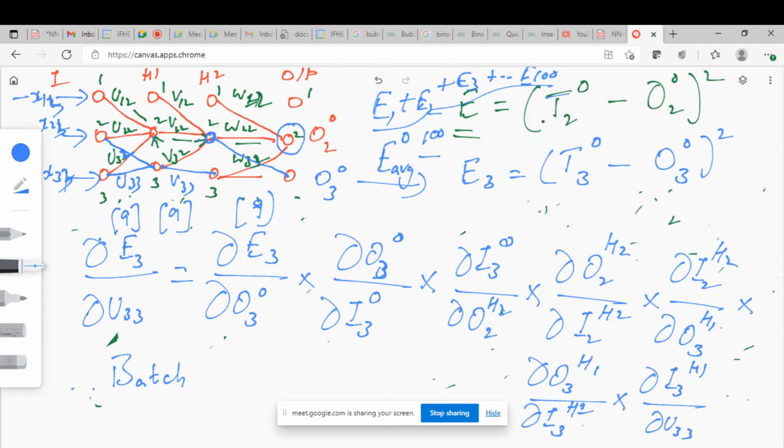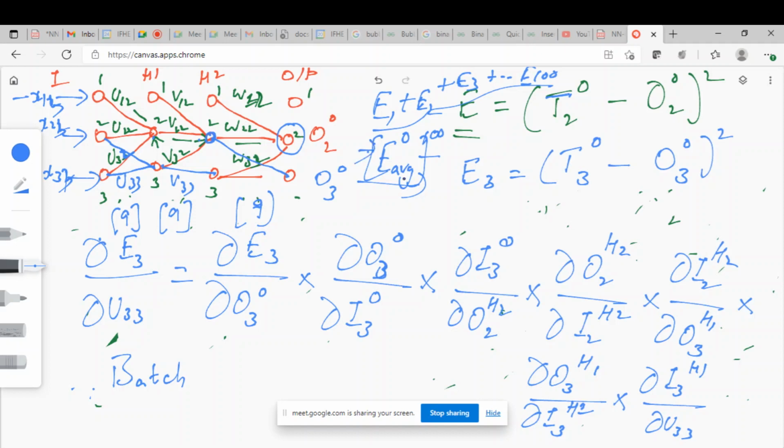Sorry, I'm sorry. So what is the error itself? Error is a difference between the target output and the observed output. So this error you take the average. That's it. Take the average of the error. Then back propagate to reduce this error. So our objective is to reduce this average error.